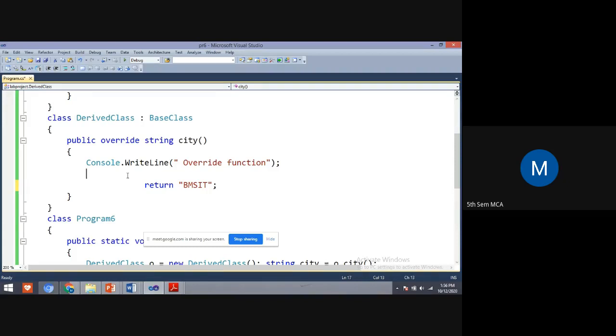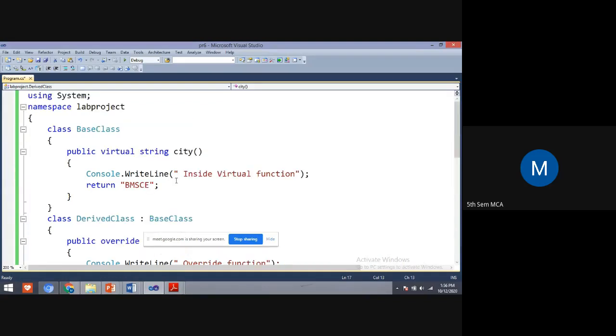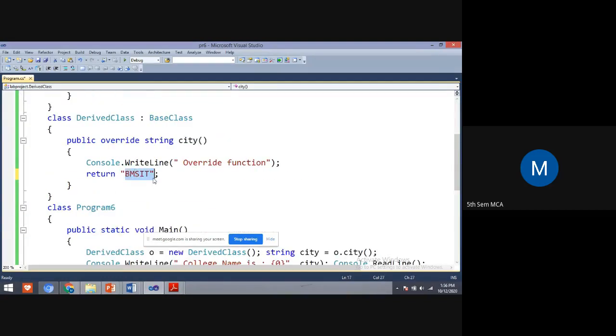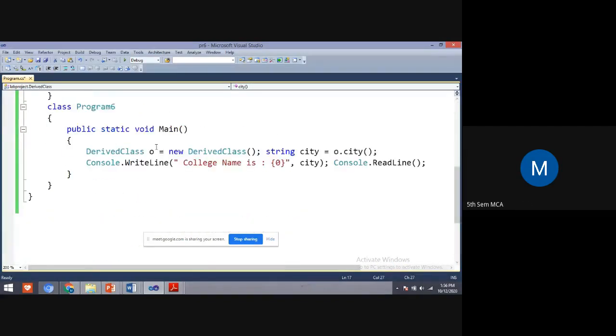Students, what am I displaying in the override method? BMSIT. In the base class, I am displaying BMSCE, and in the derived class, I am displaying BMSIT. So I am overriding the method of the base class.